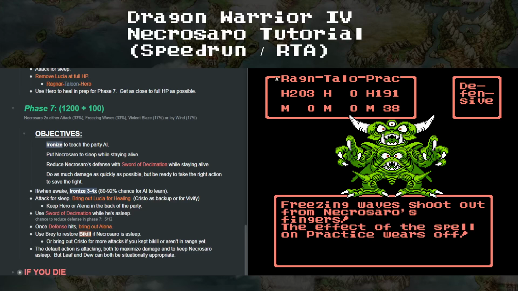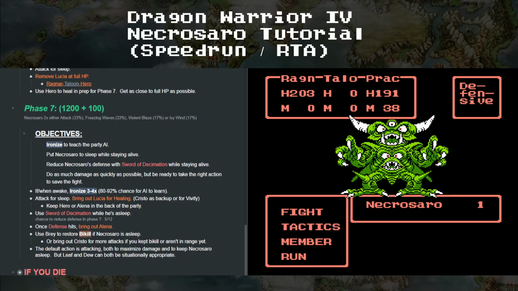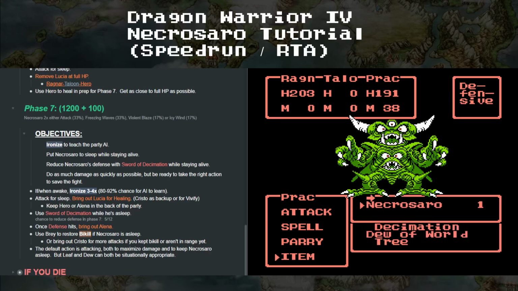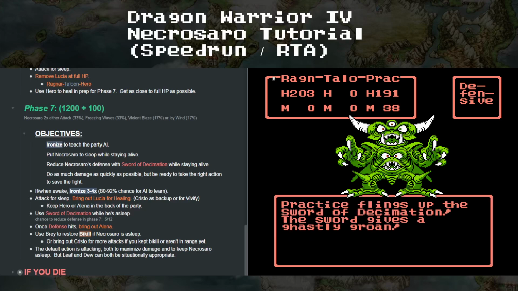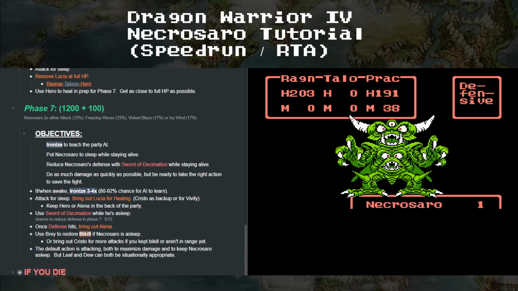Remember, we're just trying to get him to sleep. There we go. Nice. That's good. We haven't taken very much damage. Ragnar's still over 200. Hero's at full. So I'm not going to bring anyone out for healing right now. We're just going to try to get the Sword of Decimation to reduce his defense. It's a 5 out of 12 chance,